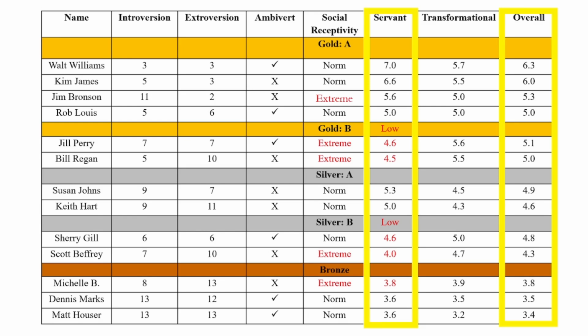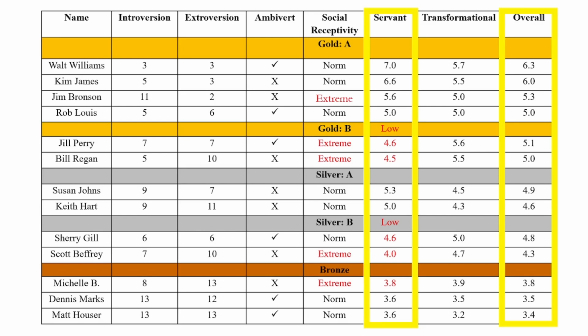So as you can see with Jill Perry and Bill Regan in the gold standard B, they fall in the gold standard, but their servant leadership is lower than their transformational leadership. Is this necessarily a reason to disqualify them? No, it is not. But there are other people on this table that might be more of a priority than these two. So it's very important to keep in mind that servant leadership needs to be at least a 5.0